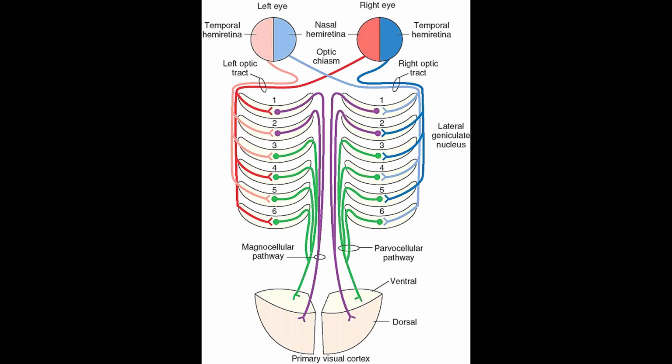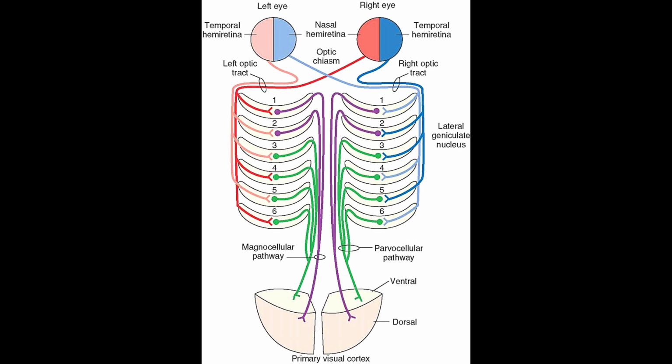In particular, the M cells, remember the magnocellular ganglion cells that have a larger visual field and seem to be responsible for motion, the axons from those ganglion cells project to layers 1 and 2, whereas input from the parvocellular ganglion cells, the P cells, which are responsible for finer details and structural information, project to layers 3 through 6. And the third type, the K cells, project to the regions in between the main numbered layers, because